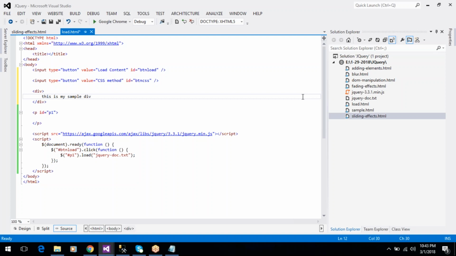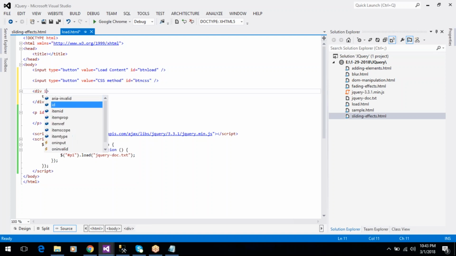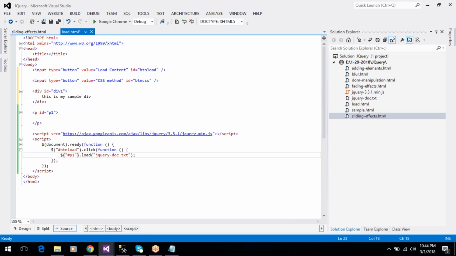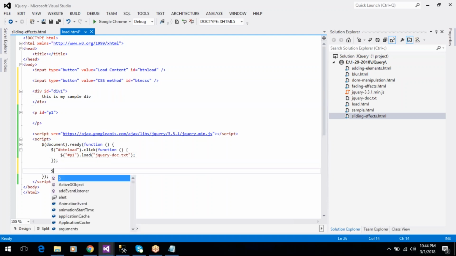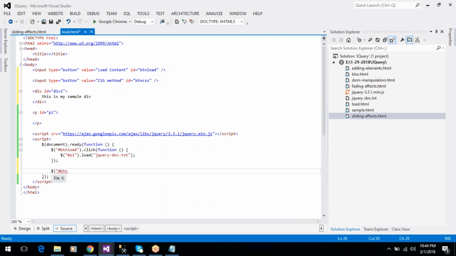I want to add some CSS properties to this div tag. So when you click on this button, ID equal to div1, btnCSS